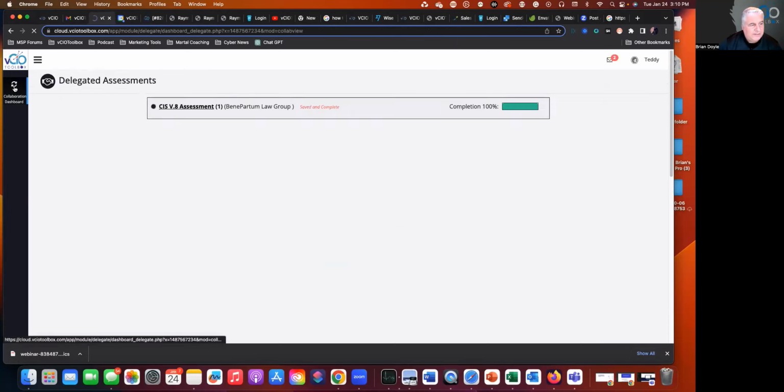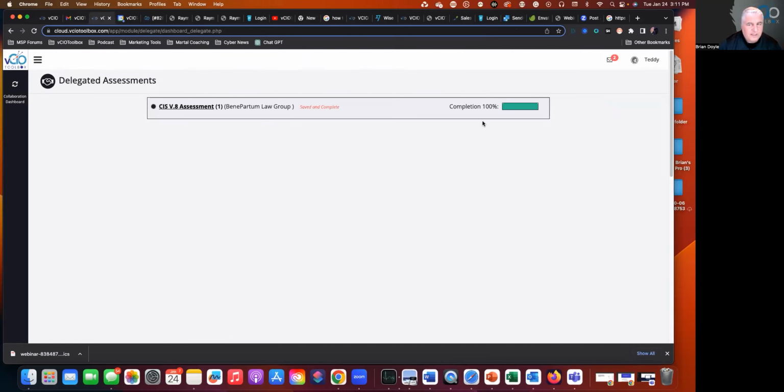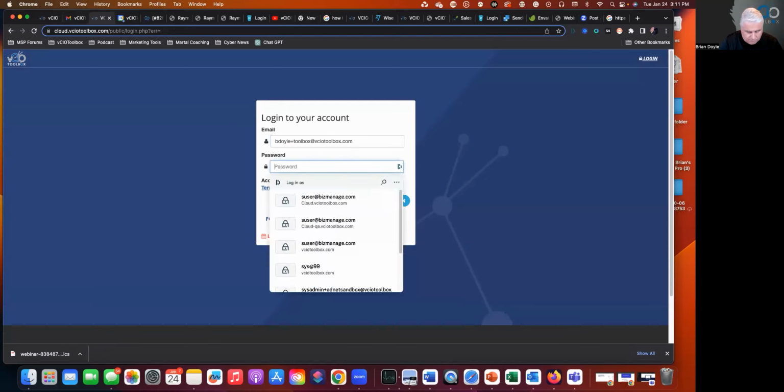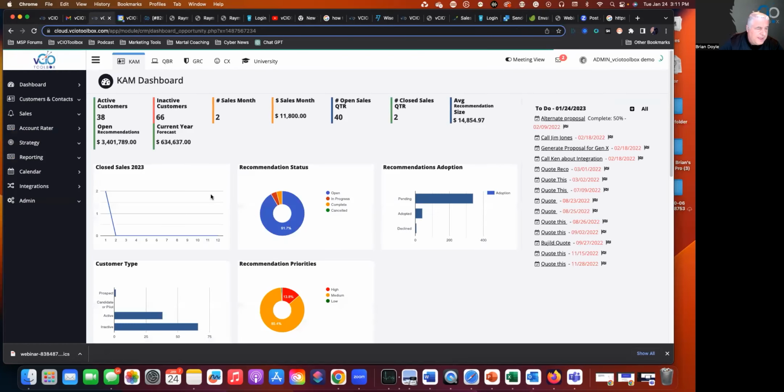Should they come back into this portal again, notice it'll show when it was saved and completed. And as they come in here, they'll be able to see the dates and times that they supported this activity. So now I'm going to go back into my active portal. And now when I come into my active portal and go into my GRC for that customer,